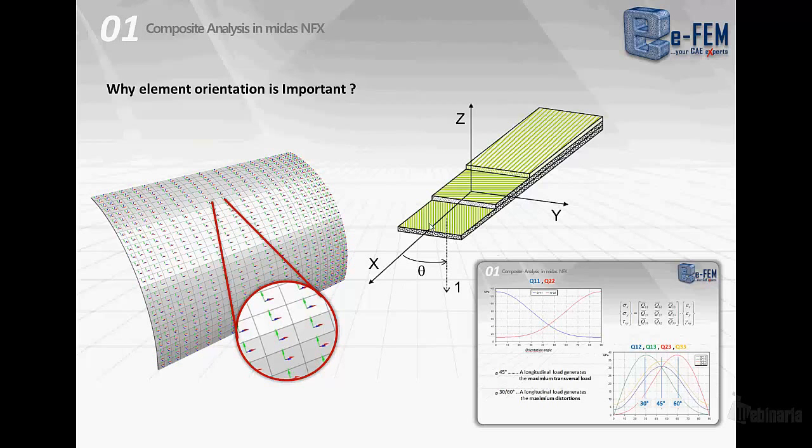The same way, it is really important to define the orientation of the material in the finite element model and in each finite element, because if we don't specify this material orientation, the mesher will generate the material orientation randomly, and in this way we could have some discontinuities, some sudden changes in the material orientation between one element and the adjacent elements.